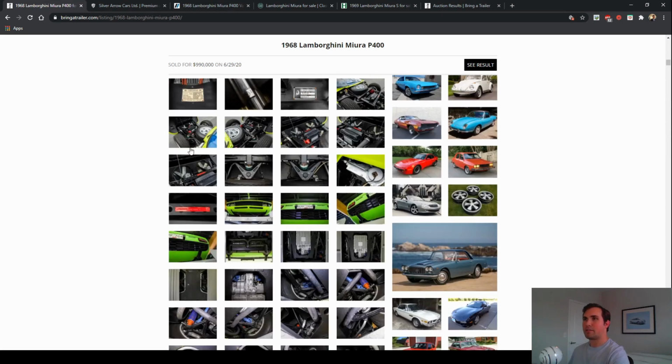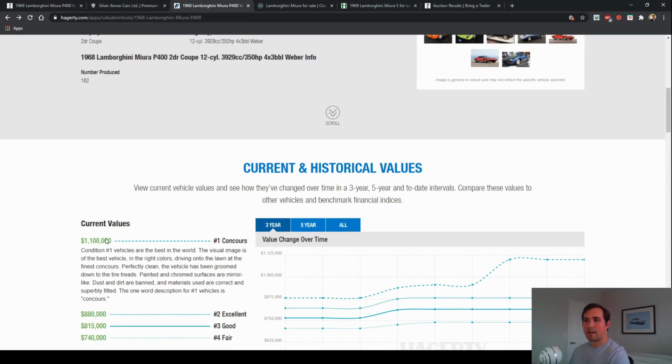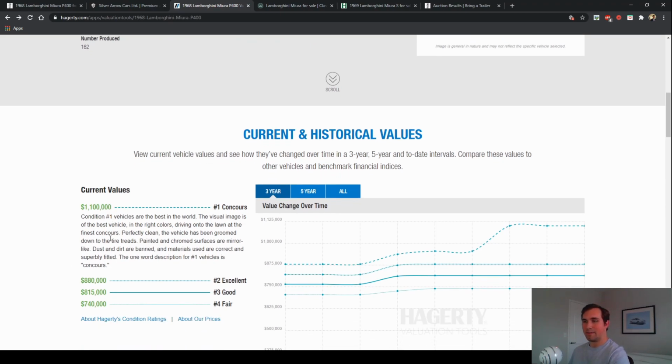especially when we go to look at the Hagerty value guides for a Lamborghini Miura right now, right under $1 million. Yeah, that sounds about right. This is one that had, driving onto the lawn at the finest Concours. Well, this is one that has had that. So at $995,000, that seems to be a very fair number for this car,